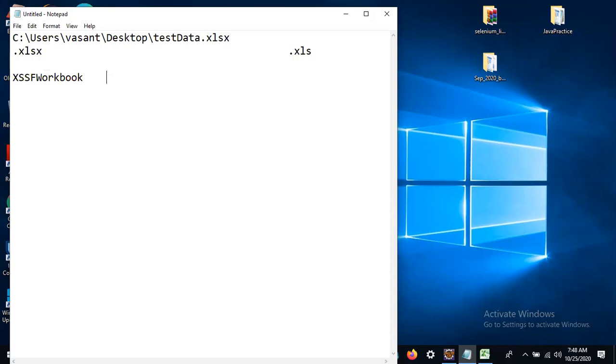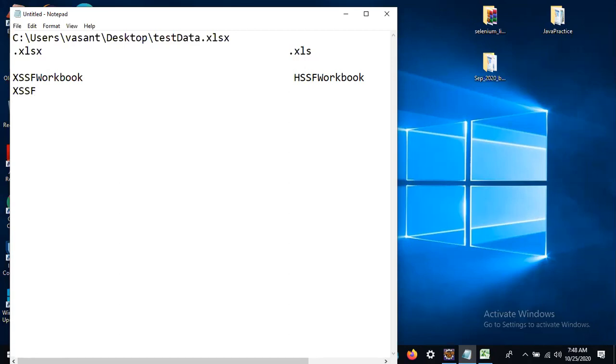Similarly, for a file with the extension .xls, there is only one change: the class name is HSSFWorkbook. Similarly, if you want to interact with the sheet, how will you interact with the sheet? To interact with the sheet, we have XSSFSheet.